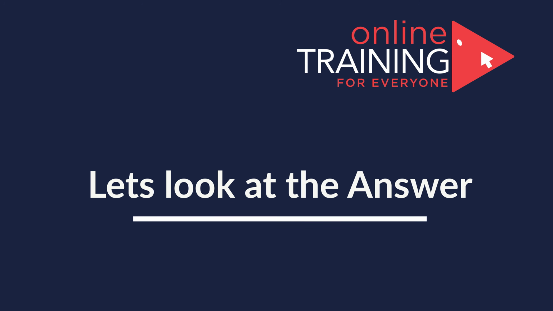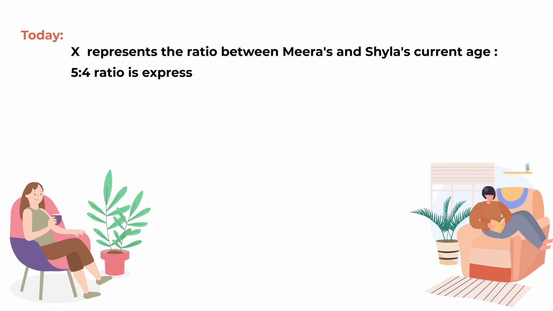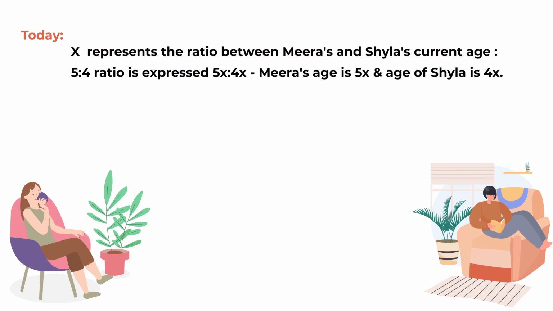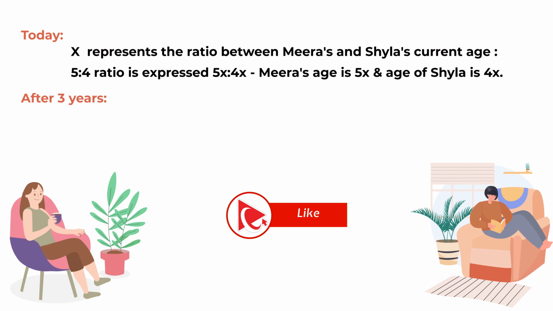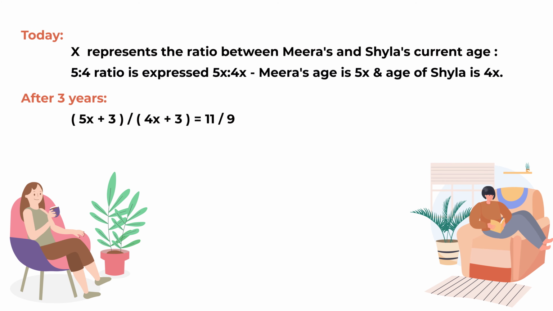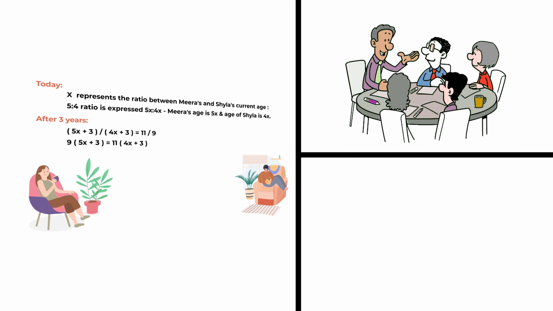To solve it, we need to define a variable x, which would be a ratio between Mira's and Shyla's current age. If that's the case, then the current age of Mira will be 5x, and the current age of Shyla will be 4x, which means that we can build an equation and calculate their ratio of ages after 3 years. In this equation, we will have (5x + 3) divided by (4x + 3), which would be equal to 11/9. After simplification, we will have 9 multiplied by (5x + 3) equal to 11 multiplied by (4x + 3),